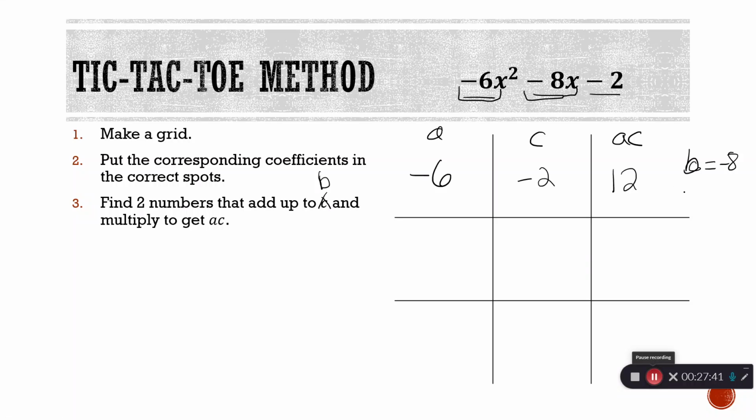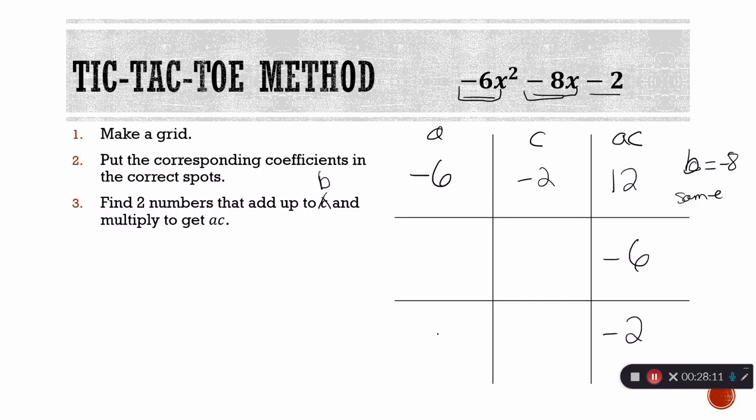So we have a positive 12, which means they're going to be the same signs, and negatives are going to be both negative. So negative 6 and negative 2 will work, and they can go into any spot, okay? So next thing we're going to do